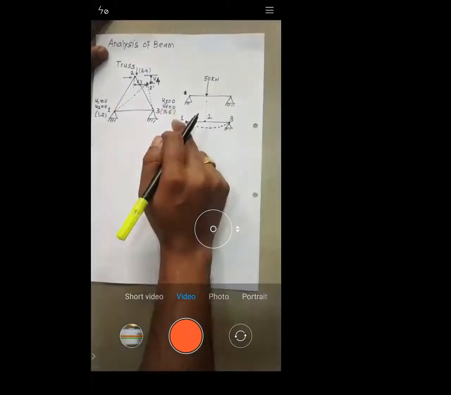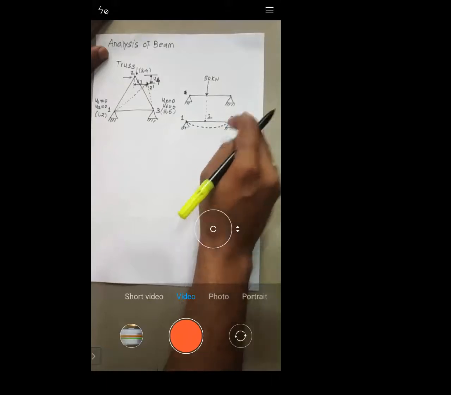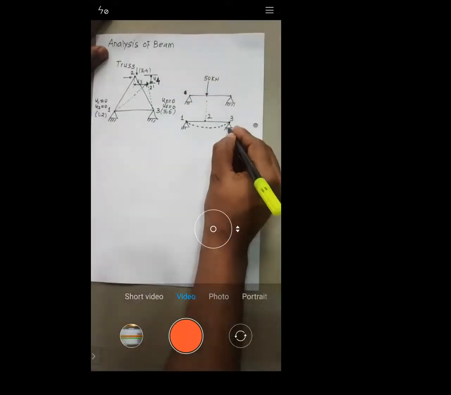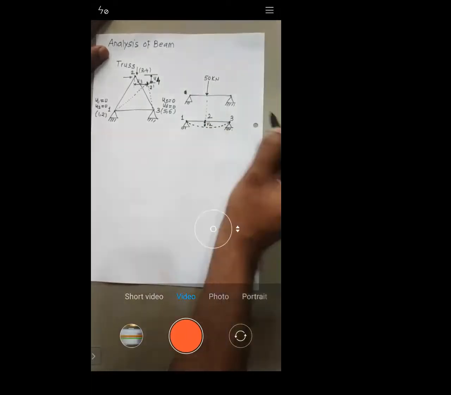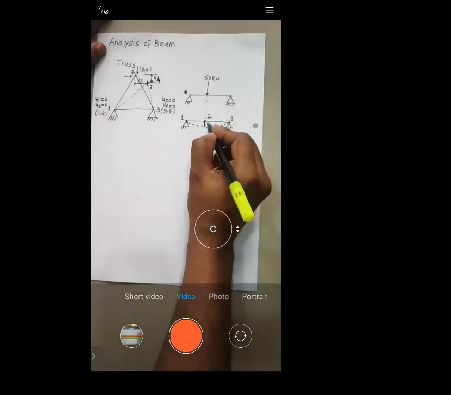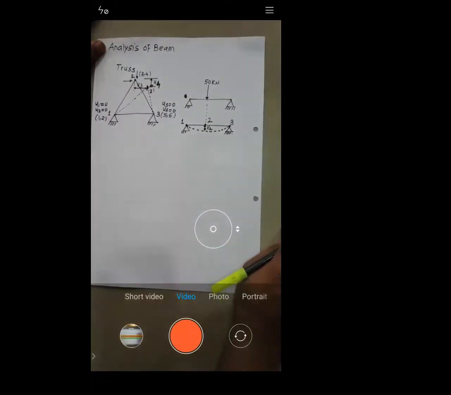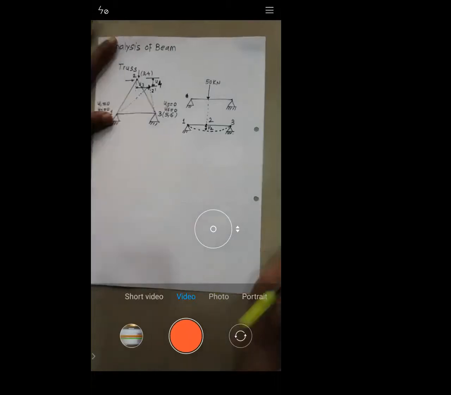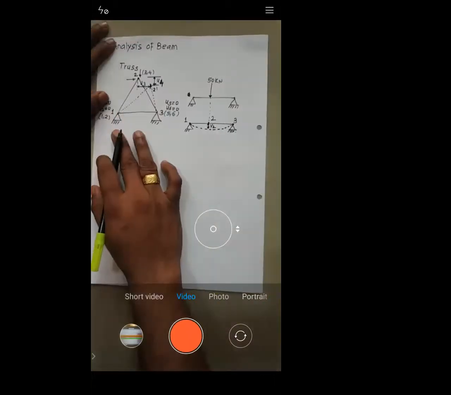What about displacement at node 1? It is 0. What about displacement at node 3? It is again 0 because it is fixed. What about displacement at node 2? You have this vertical displacement at node 2, which we will call V2. Is it okay or not? Vertical displacement we will call V. So this is the vertical displacement of node 2, which I will call V2.